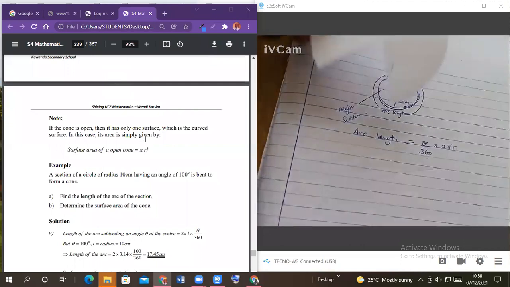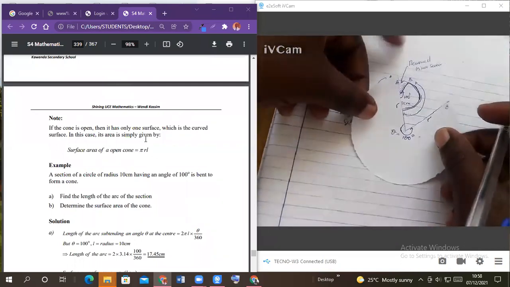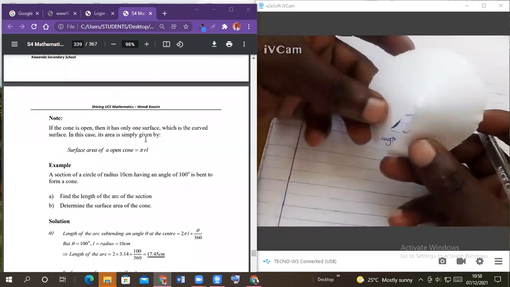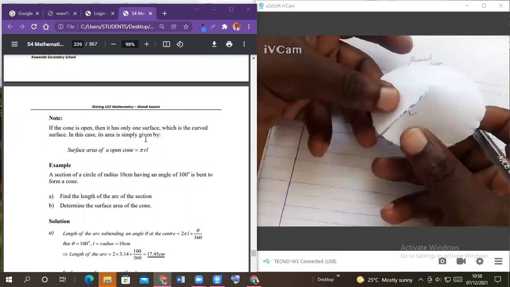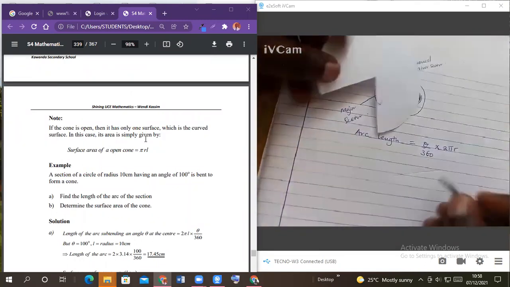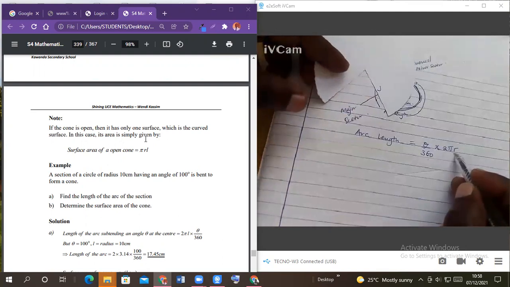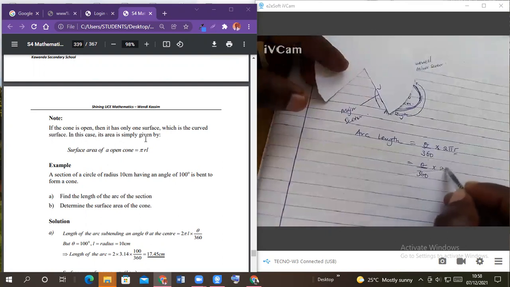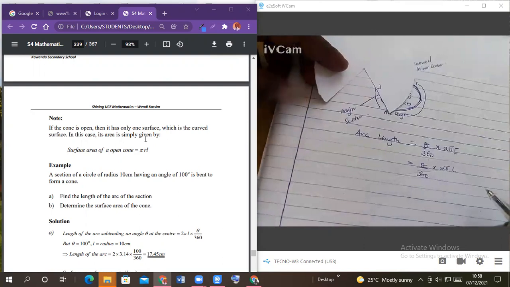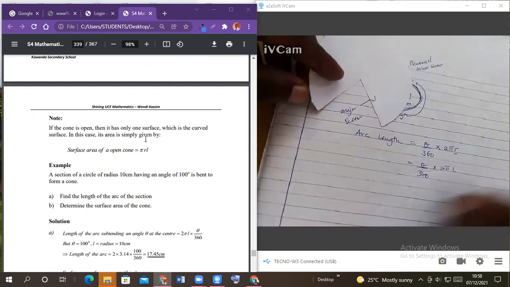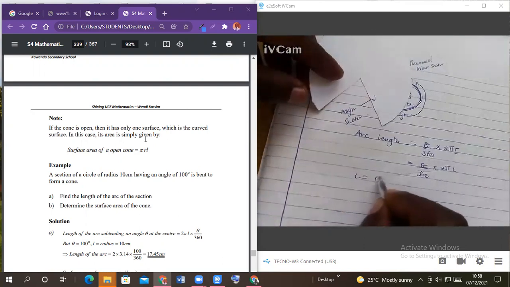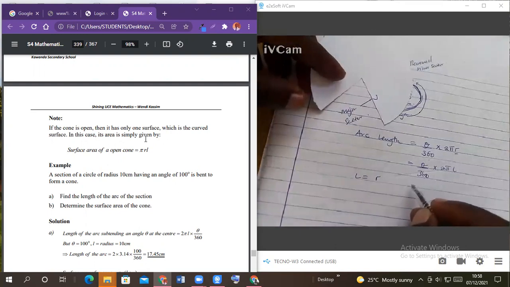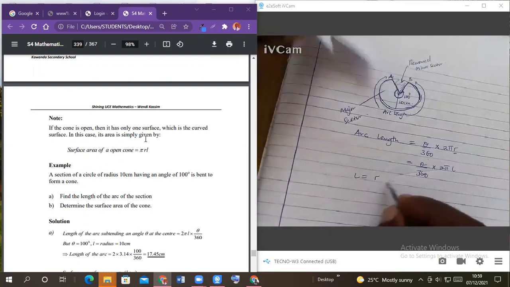It can be the radius of the circle, but if it changes into a cone, it becomes our distance L. So in this case, where there is R, I'm going to put L, and I would say theta out of 360 times 2 pi L. But remember that my L is equivalent to the radius. And when you look at this question, our radius was given as 10